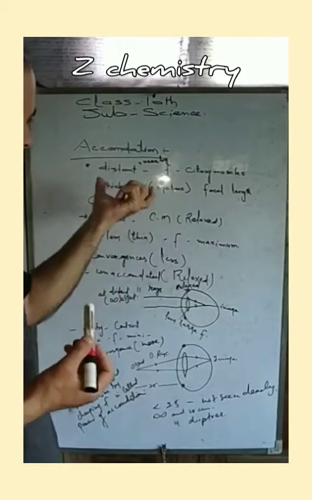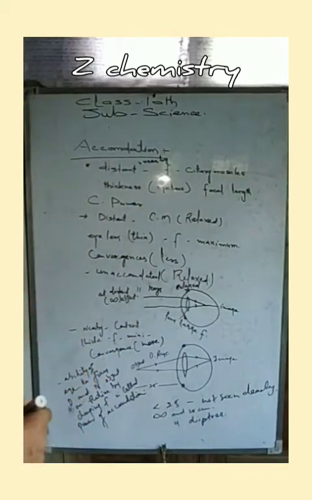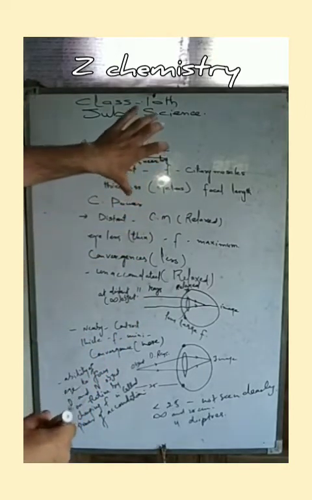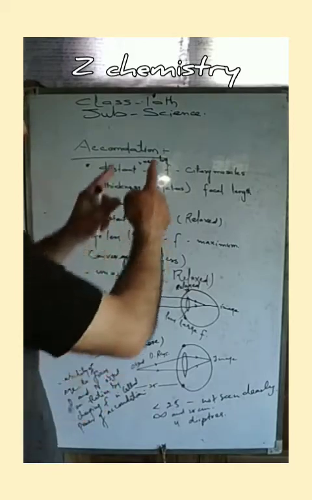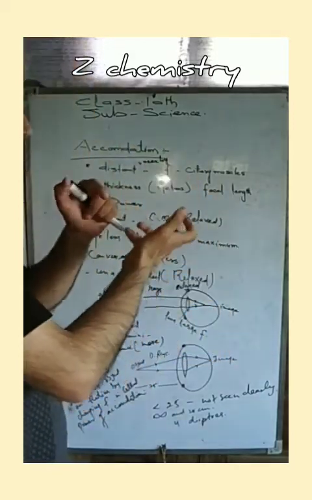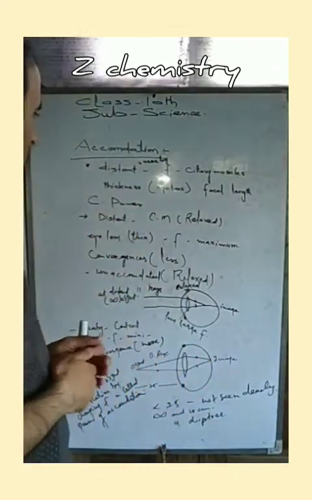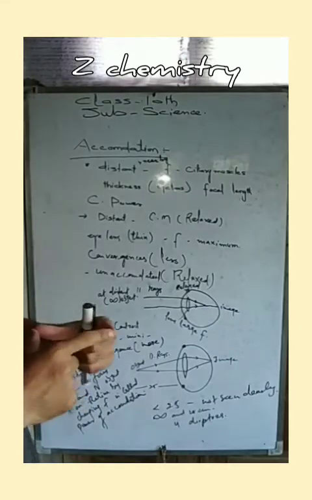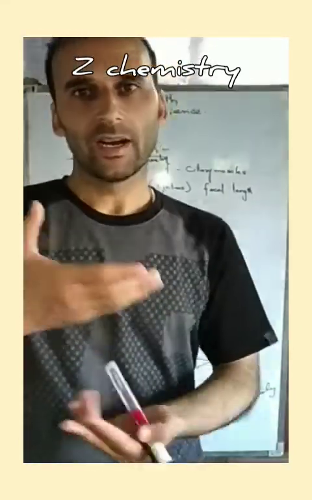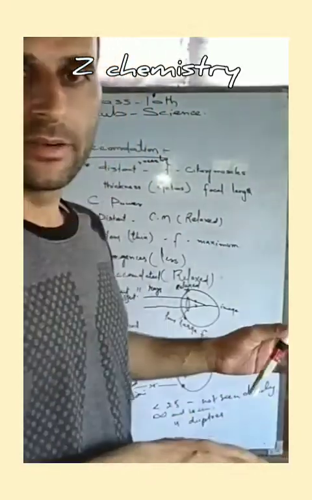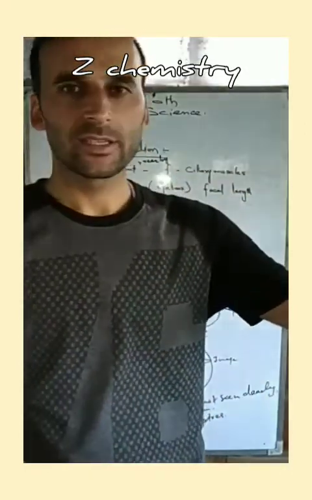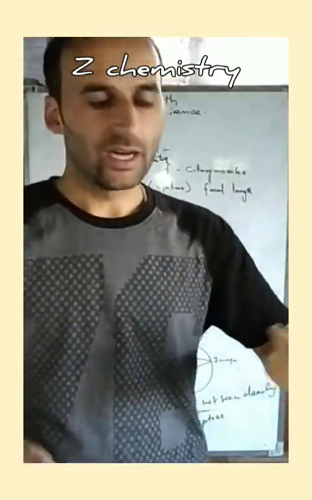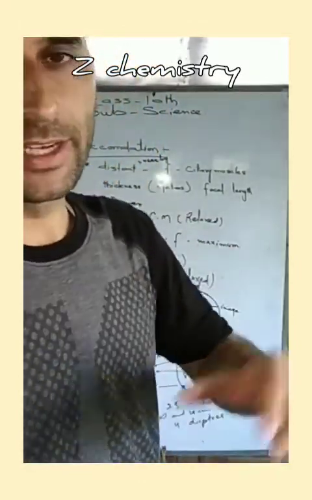In case of working, the eye sees both distant as well as near objects by change in the size of ciliary muscles, which thereby change the focal length. Due to this change, there is change in the thickness of the eye lens, which increases or decreases the converging power of the eye lens, due to which an eye can see the nearby objects, it can see the distant objects, or it cannot see the nearby objects very clearly.